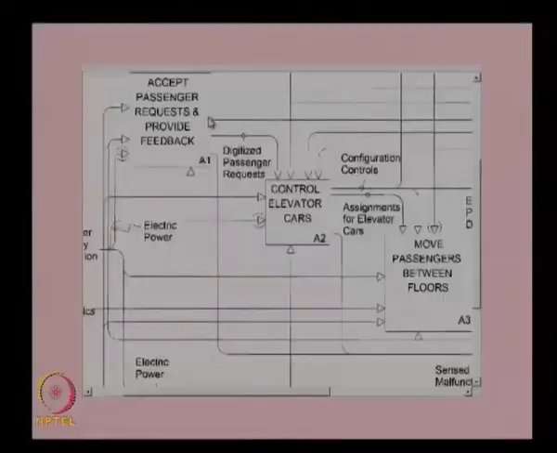So this first level is basically the decomposition of the main function into the top tier level 1 functions. Each function in level 1 needs to be decomposed further into its sub functions, and this is done in the level 2 diagrams. The A1 diagram will show the decomposition of the A1 function, the A2 diagram will show the decomposition of the A2 function, and A3 will show the decomposition of the A3 function.